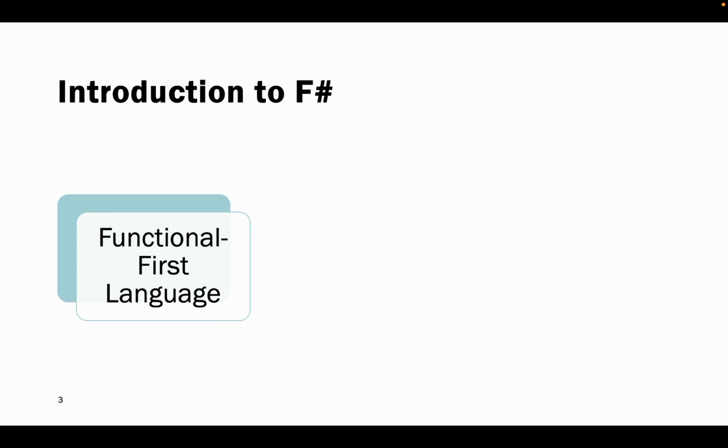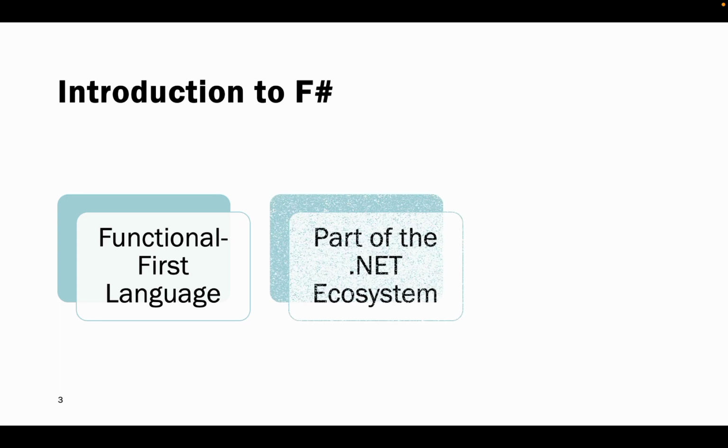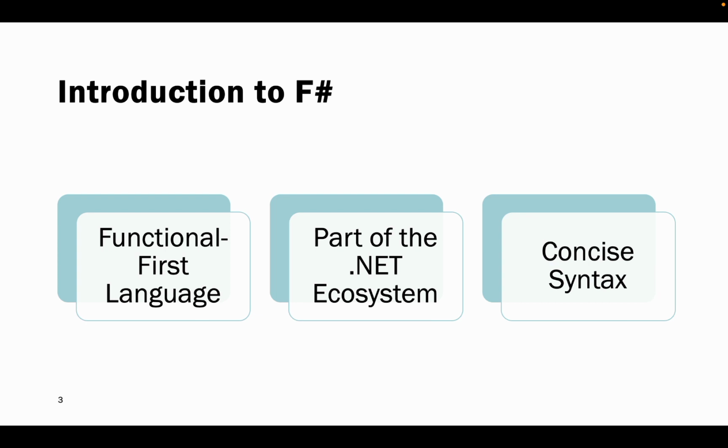So F Sharp is a functional first programming language designed for developing concise, expressive, and efficient code using functional programming principles. F Sharp is a cross-platform language running on various platforms including Windows, Mac OS, and Linux. It is integrated with the .NET ecosystem and can be used for web, desktop, cloud, and mobile development. F Sharp syntax is designed to be concise and expressive, allowing developers to achieve complex functionalities with minimal code, leading